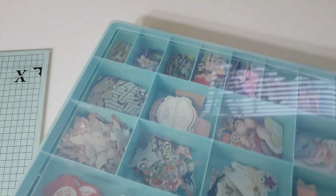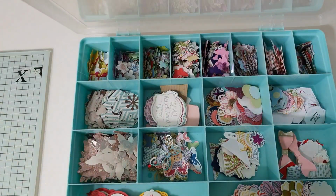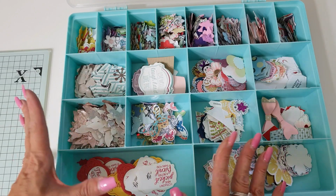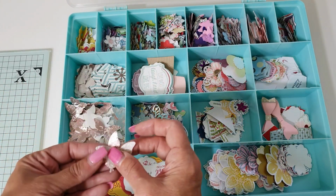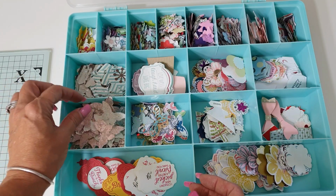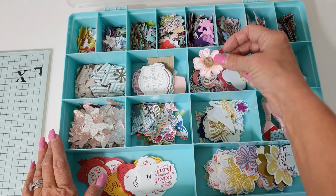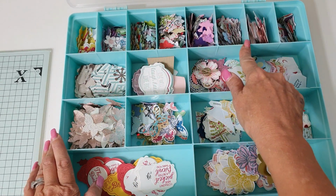And then we have box number 9, which is like punched embellishments. This is from my Stampin' Up days, where I punched and stamped, and I've got butterflies in here. I found some of them earlier, didn't I? And we've got flowers, little flowers, butterflies,